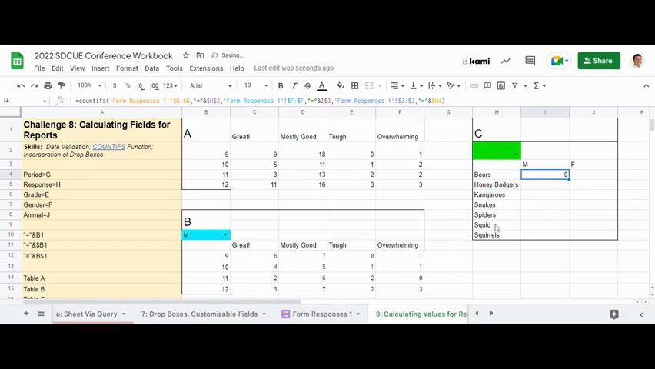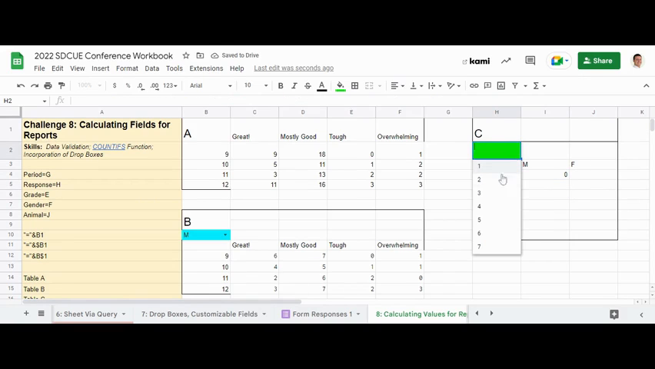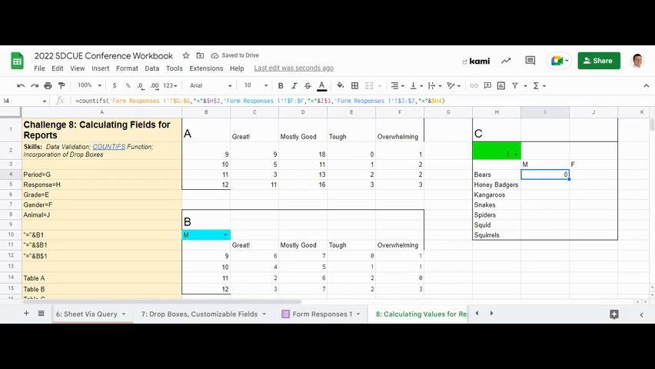Still 0. Okay, so let's go ahead and select a class period. How about period 5? Nothing. All right, so here's the problem. Bears isn't going to necessarily appear nice and neat. So what I have to do is I have to get rid of this,